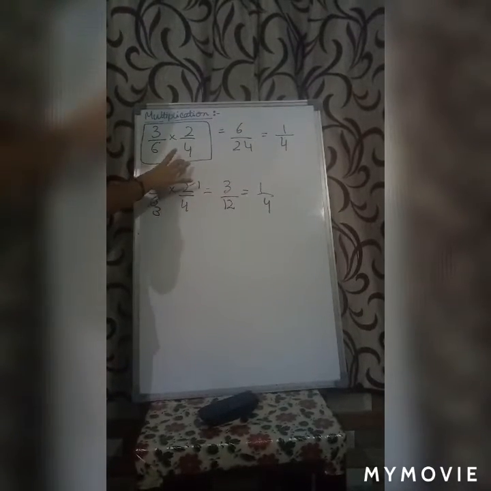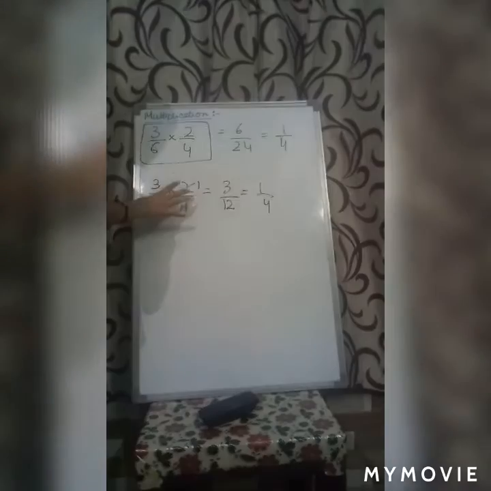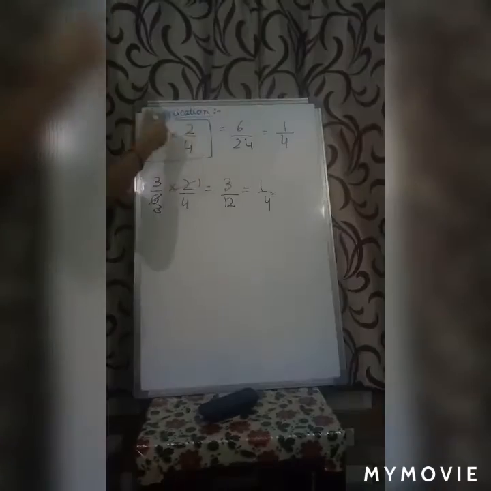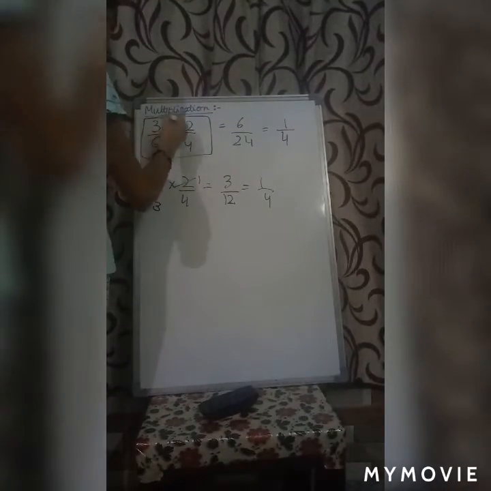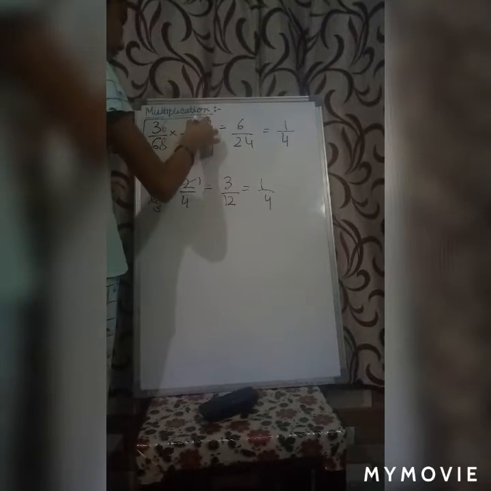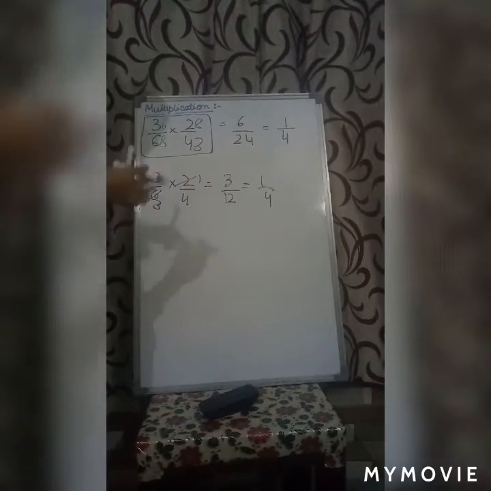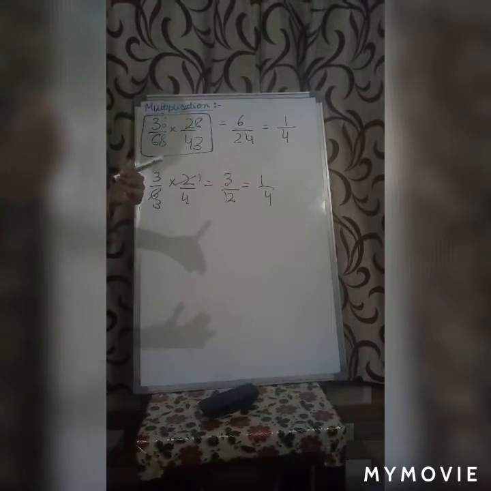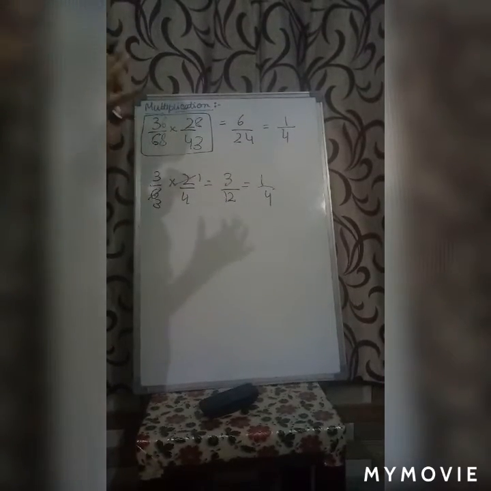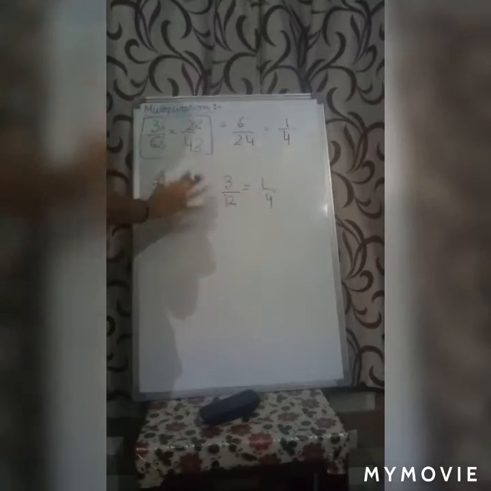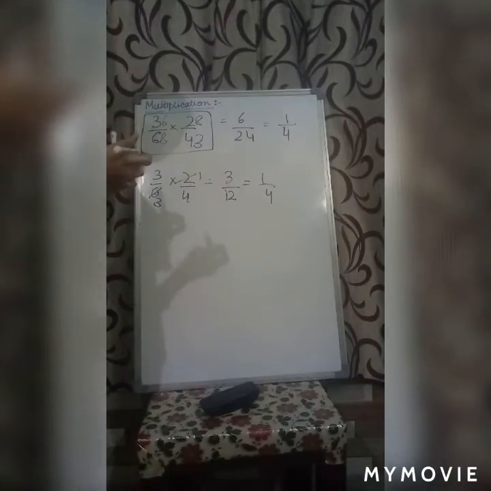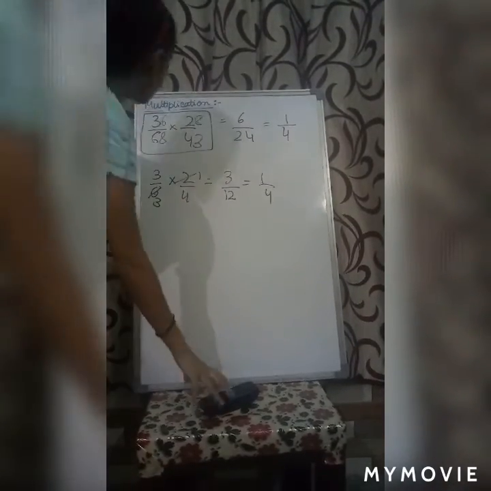We can use the cutting way if the question is very long. For example, if I have 36 here, 68 here, 28 here and 43 here, and I multiply them, we'll get a very big answer. Then we have to convert it into a simpler fraction, and that would be a very big process, so we can use this cutting process then. Now let's start division of fractions.